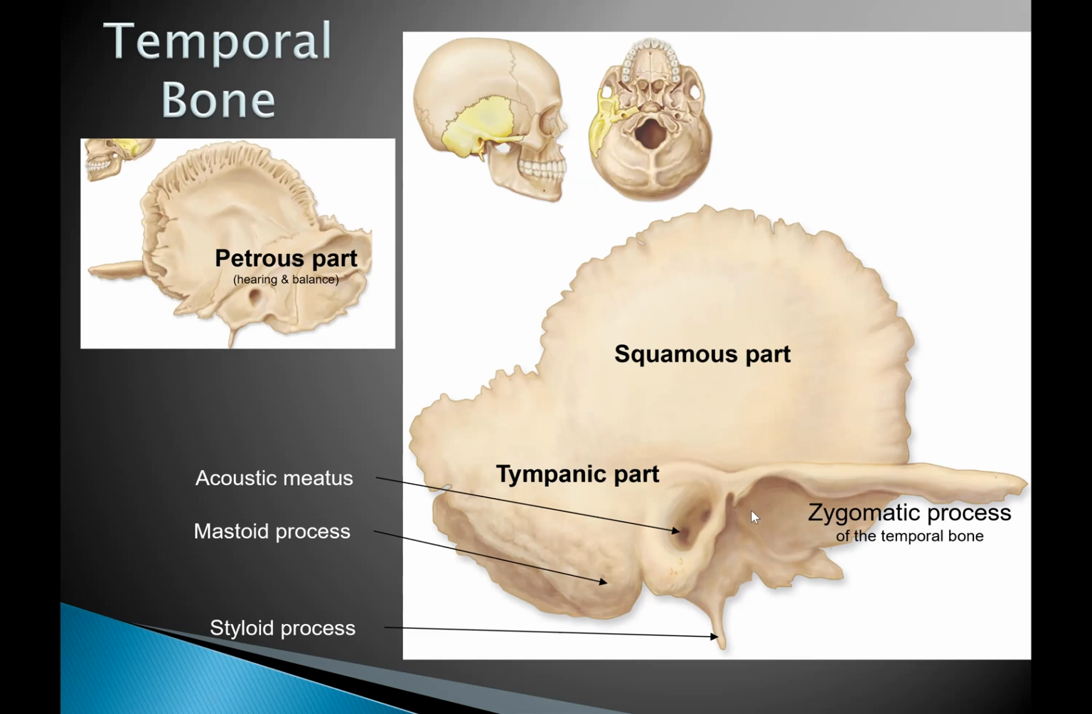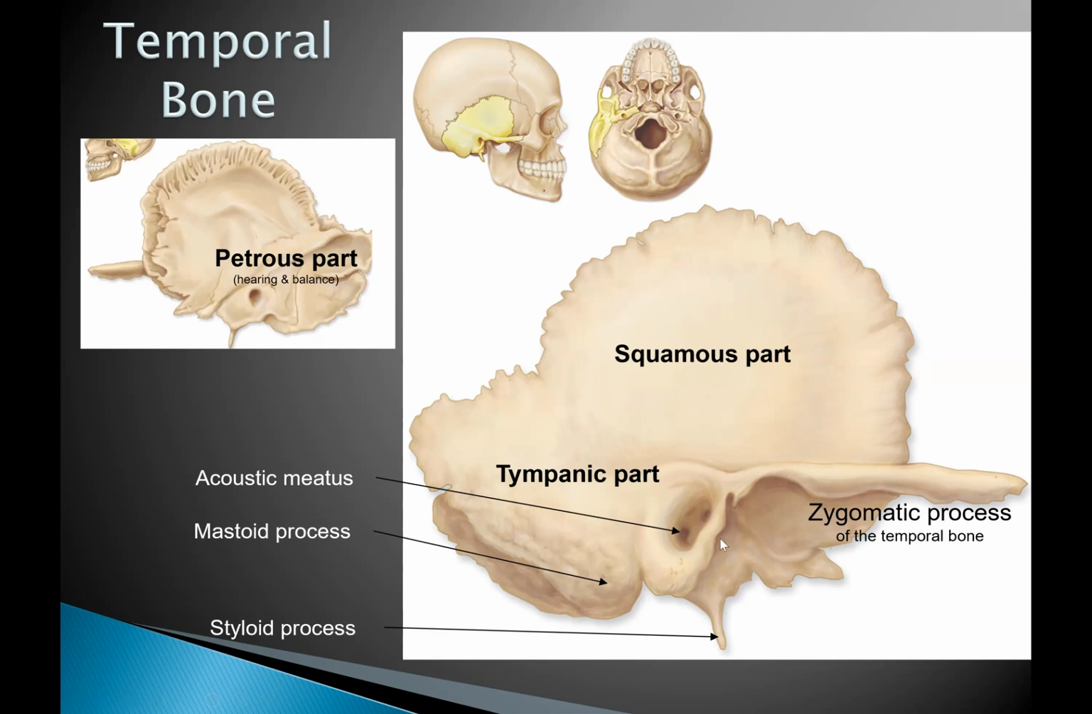On the medial side, on the inside, so if we're looking on the inside of the skull, and this is where the brain is, the other side of the temporal bone is known as the petrous part. This is important for hearing and balance, okay? So the acoustic meatus goes through here, right? The whole acoustic meatus comes through the tympanic part right there, but this is known as the petrous part,